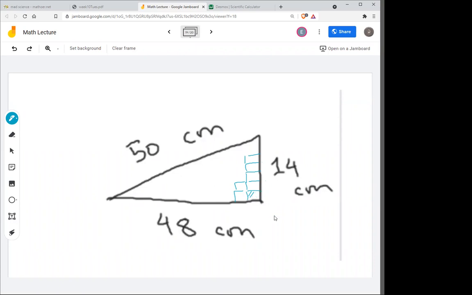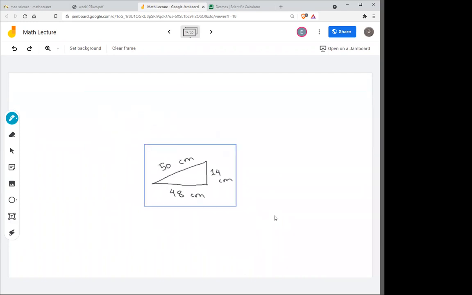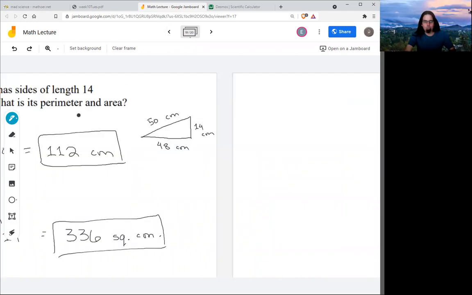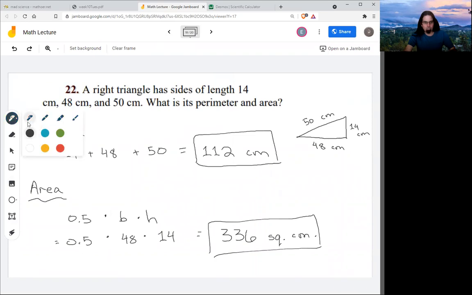Each one of these would be 1 centimeter on a side. So perimeter isn't tiles, it is just rope. You're taking a piece of rope or string and lying it around this shape. How far did you go? Or you're an ant marching along it. How far did you go? So that's just a plain length, but area is always square units.